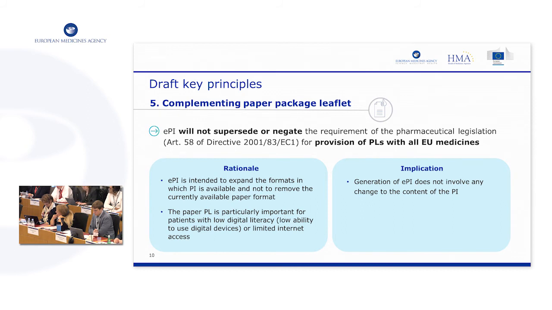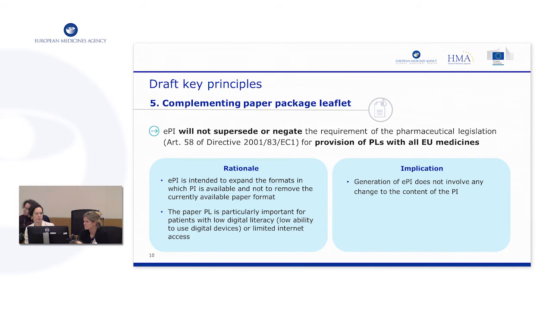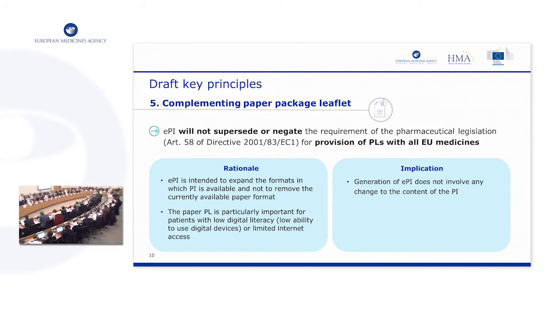Well, here we are not talking about languages. What we mention is that we will provide the product information in electronic format, but it doesn't exclude that there is a requirement to include the package leaflet with the medication. Usually this is done as a paper. I'm asking because we also have immigrants that don't speak German, for example. So if there would be a way to select languages, might it also be an option to include other languages?